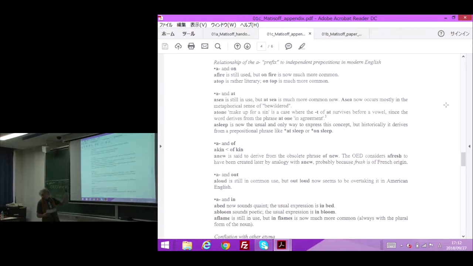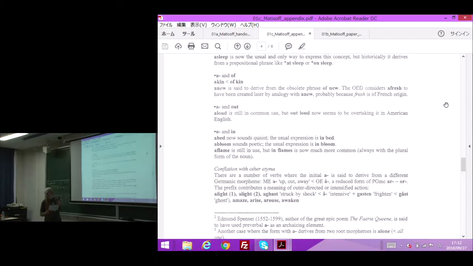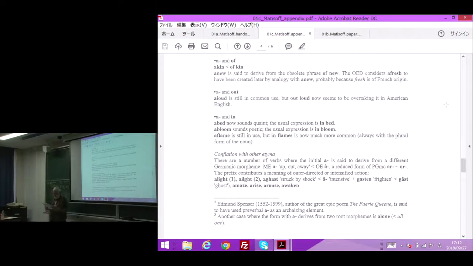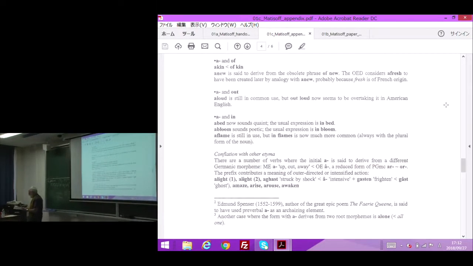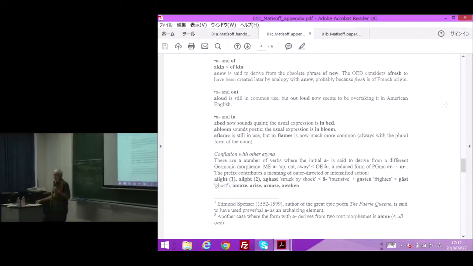Akin is still used. Allowed is still in common use. A bed, it's quaint now, we say in bed. A bloom is poetic, we say in bloom. A flame we can say, but it's sort of literary, in flames. Okay. Now, another point I want to make is that there are lots of words which begin with ah, which